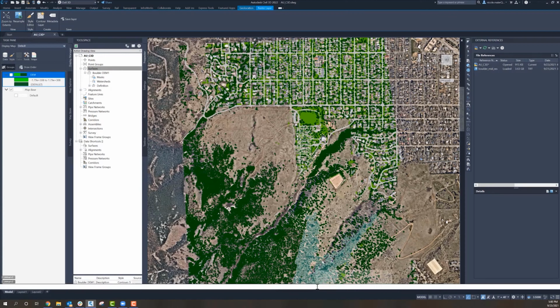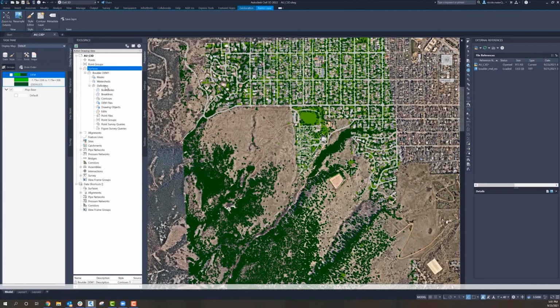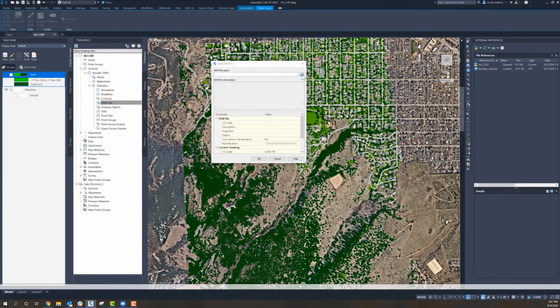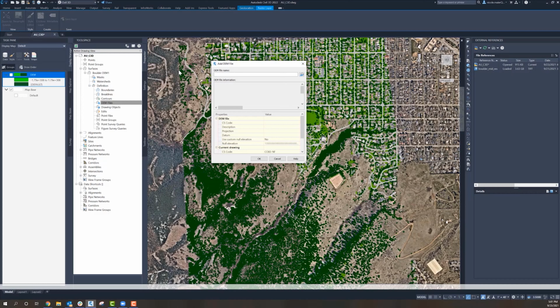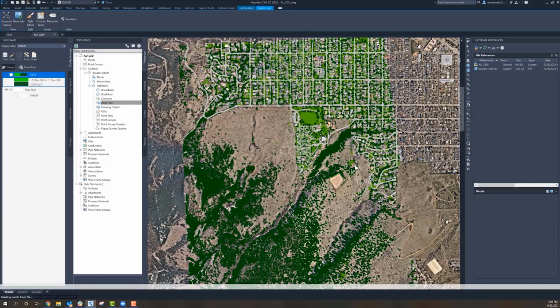So although we visually can't see anything that has been created in here, we do actually have a shell now of our surface that is ready to have our DEM loaded on to generate those contours off of. So we'll want to add our DEM. And now that tool is going to take a minute to run as it is processing the contours and interpolating points between the surface from that DEM.